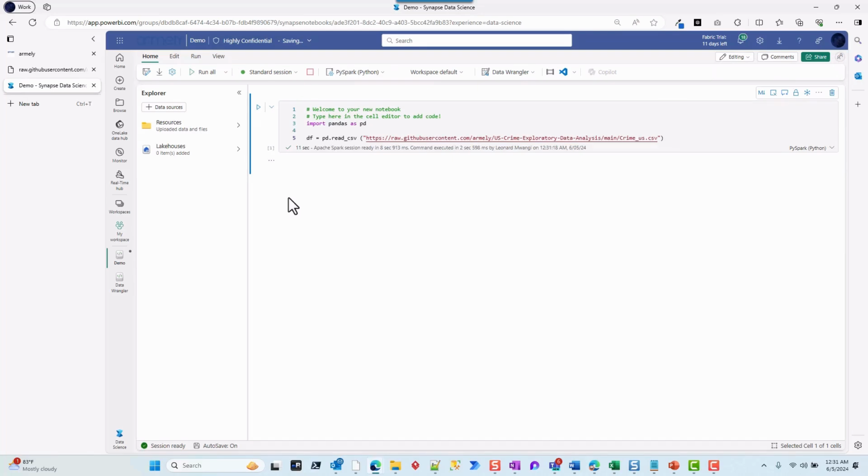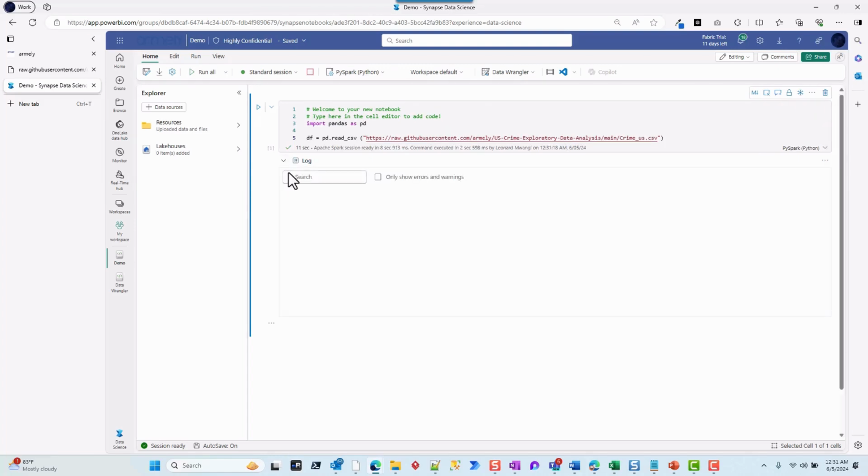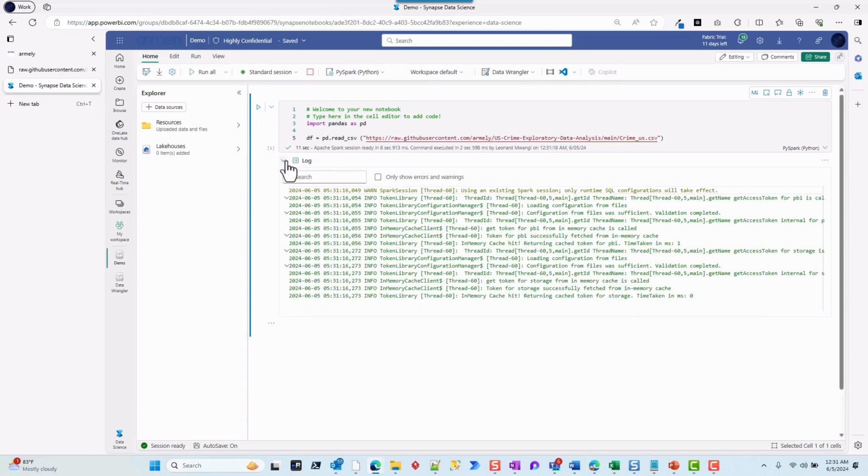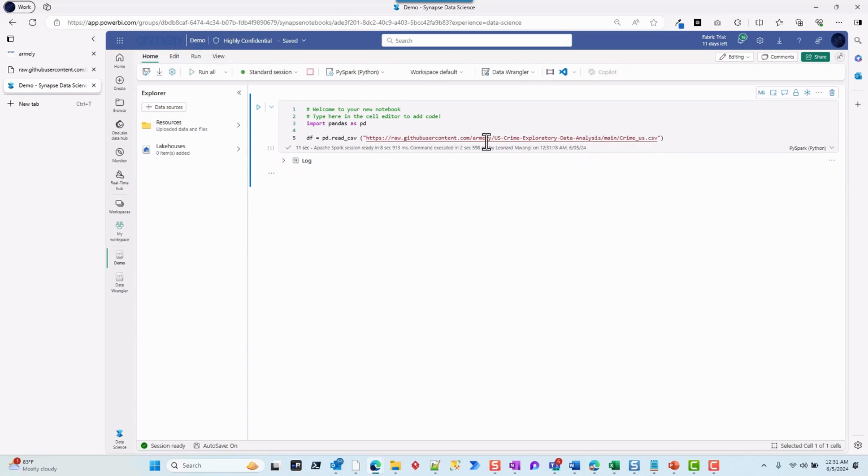All right, so it's all but complete. So we should be able to see that in just a moment. That's my logs. Okay, so now that data has been ingested, so I can tell based on that. Now, I can go look at my data frame,